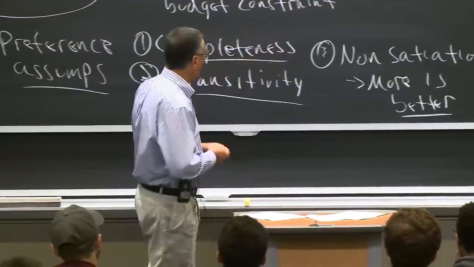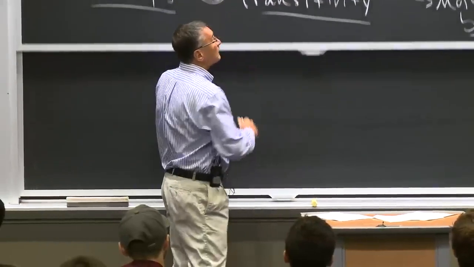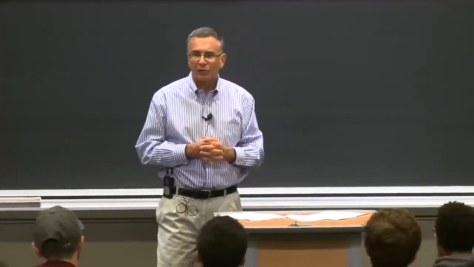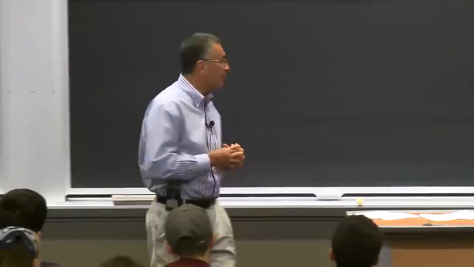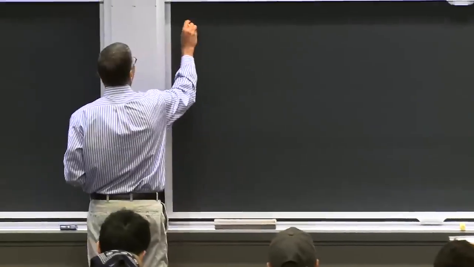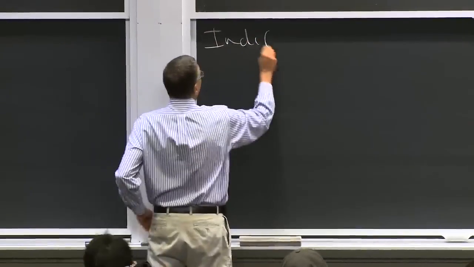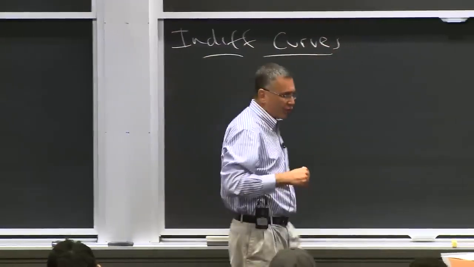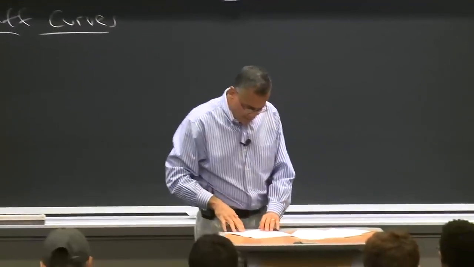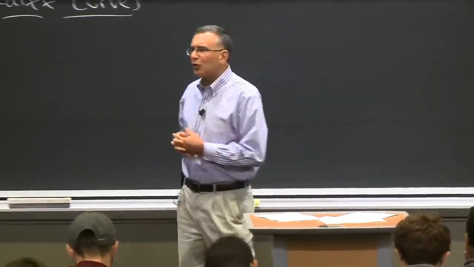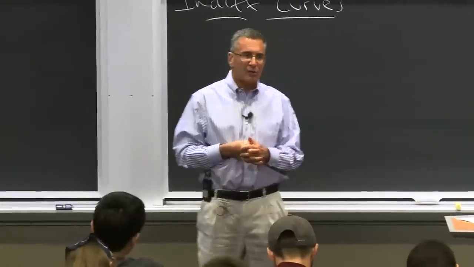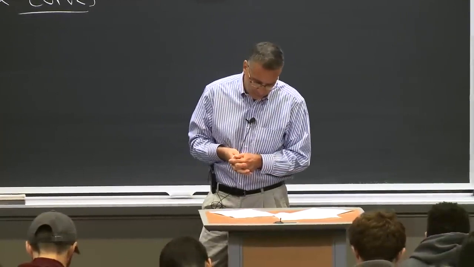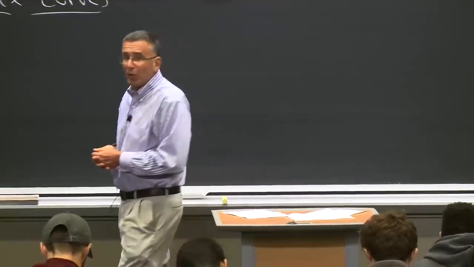So that's our assumptions. Armed with those, I want to start with a graphical representation of preferences. I want to graphically represent people's preferences, and I'll do so through something we call indifference curves. Indifference curves are basically preference maps. Essentially, indifference curves are graphical maps of preferences. Okay? So, for example,